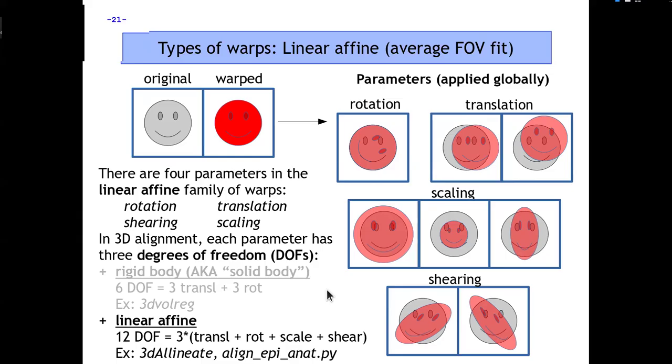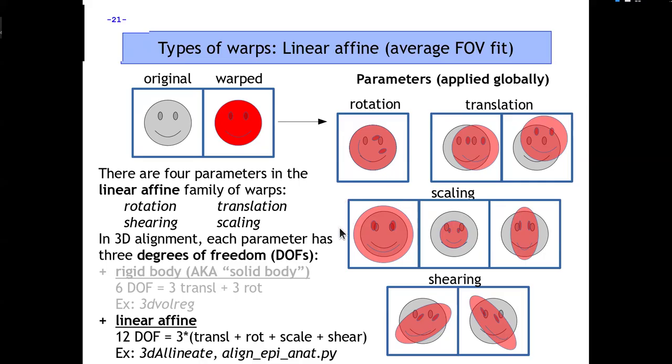Well, why are we going to use this? We actually use this quite often when we align a subject's own EPI to their anatomical data set. Now, I just said we don't expect someone's brain to change in the scanner, but in this case, we're aligning an EPI data set that might be distorted geometrically in some of the ways we looked at earlier to an anatomical that we don't expect to be geometrically distorted. So while we're allowing for simple motion, we're also allowing for the practical reality of the EPI distortions relative to